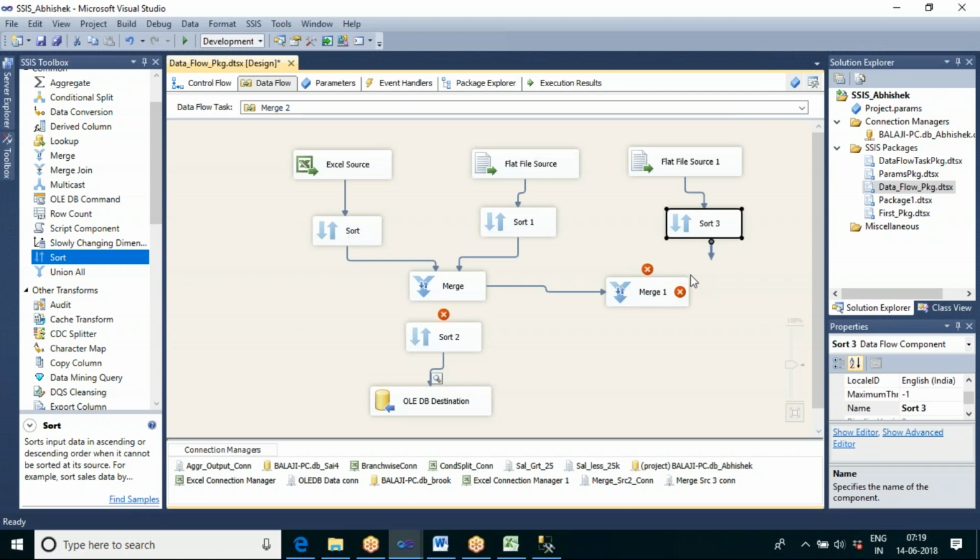Sort it on employee ID and send it as the second input. Since it is accepting only two inputs, we have taken another merge, and the output of the first merge we are making as one of the inputs, and we are taking the third input and passing it to the second merge.